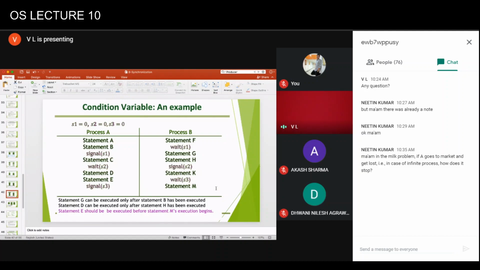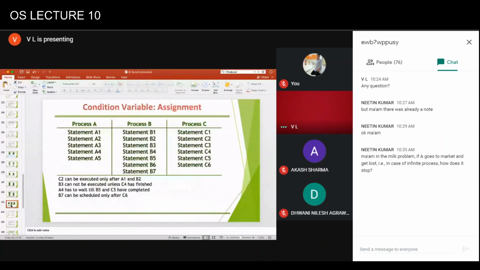Can we recycle the semaphore? We should not try to do that, because if we reuse it, with signal S1 and signal S1, we could be in trouble, because quite possibly B might not have been executed and C may be executed. So if you are recycling semaphores, using the same semaphore again, you have to keep in mind that the processes are asynchronous. They might not be scheduled in the way you are thinking. So to be on the safer side, it is better to use different semaphores. So this is a home assignment. You have to put the condition variable so that these conditions can be met. Any questions till now?